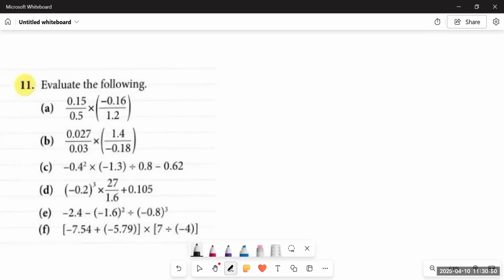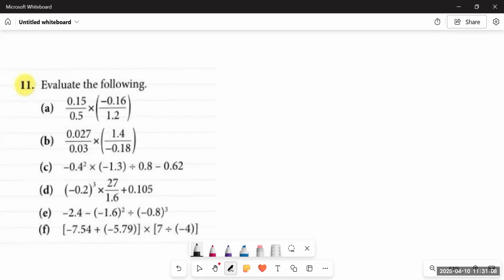This is Think New Syllabus Mathematics Book 1, 8th edition. Today we are going to do question number 11 of exercise 4D. We have already done a few questions earlier. Now in this question, you can see that there are combined operations on decimals, okay?